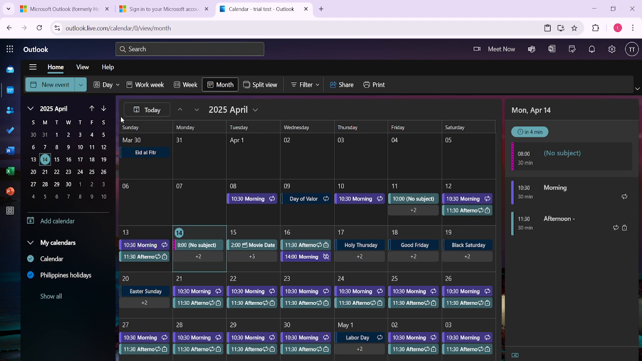Remember this process whenever you need to replicate a meeting in the future, as it can be a real time